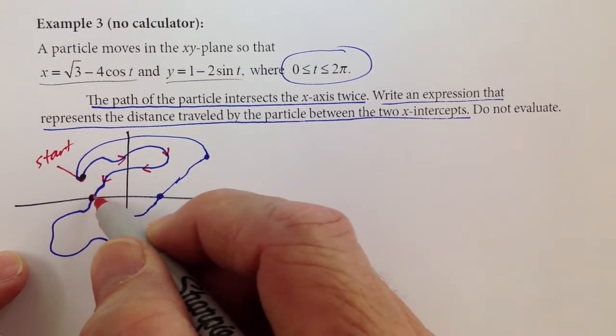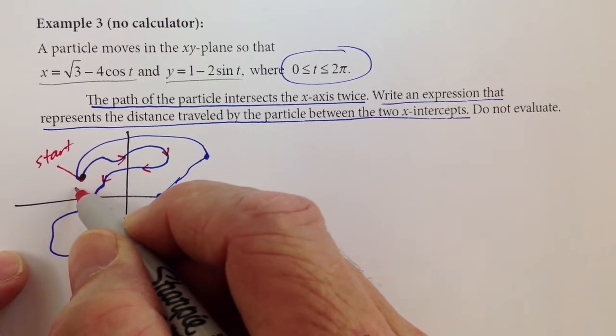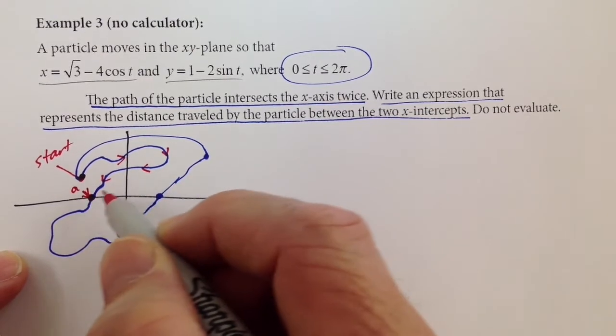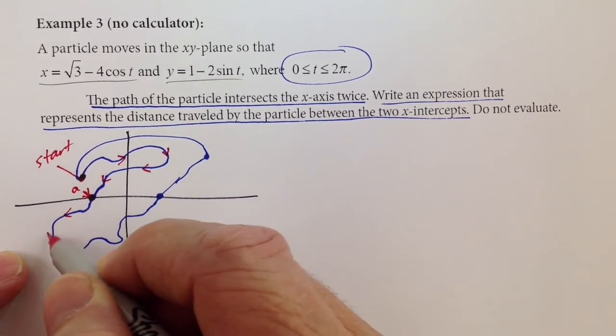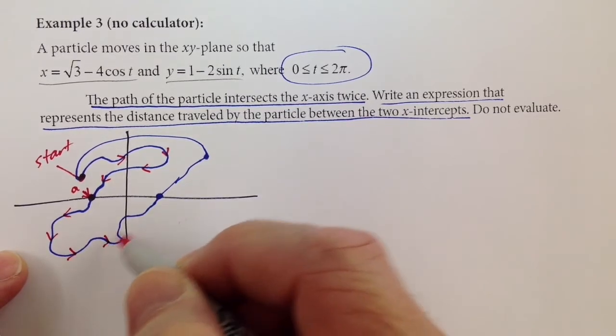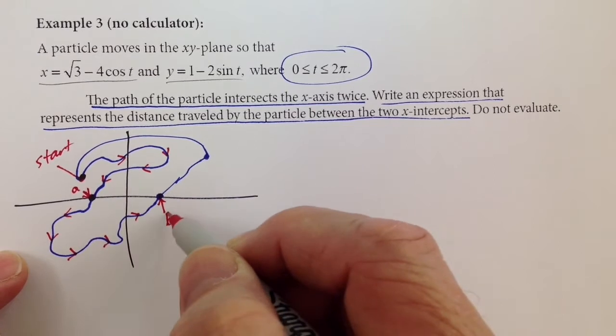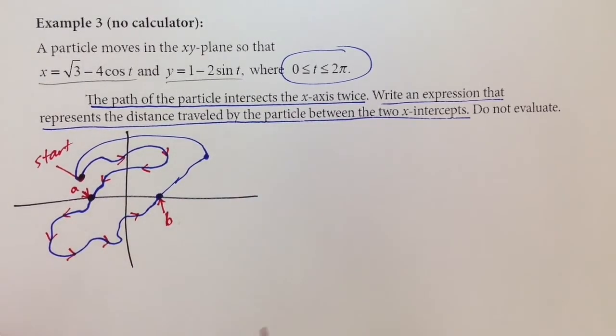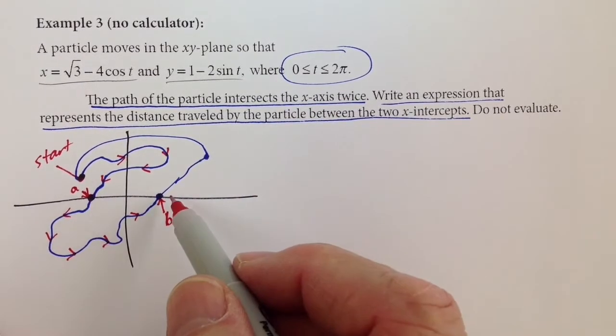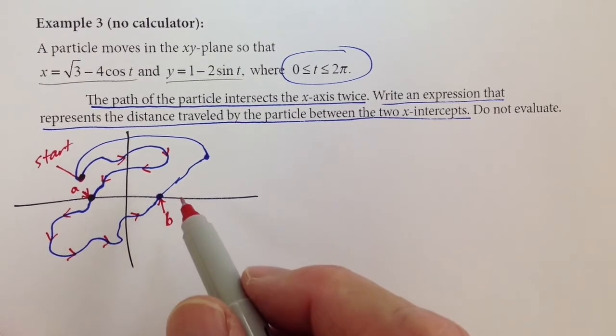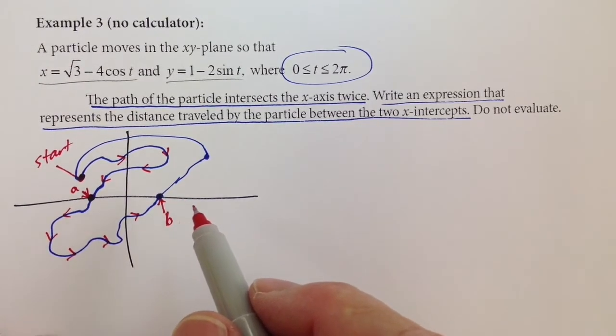We know that it hits here at some point, so that's our a, and then it keeps going, and then here's our b. We've got to figure out what the a and the b are, but what we do know is again